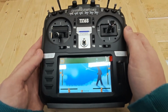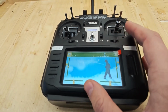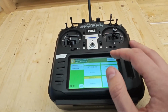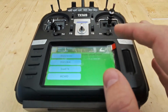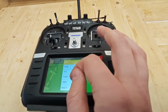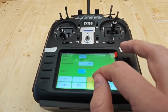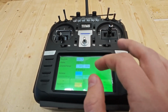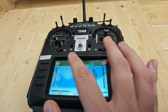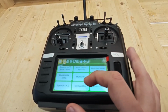In our example, we have got a Radiomaster TX16S running EdgeTX, and for connecting our jet with the transmitter, we have to create a new model. We do that by going to Manage Models and creating a new model, select a blank model, and then go to Model Settings, and connect our receiver module. In our example, it is a Crossfire module, so we have to go to Crossfire and connect the receiver. We have to select a new unique ID, like this one, and then connect the receiver by going to radio settings, and then by going to our Team Black Sheep agent